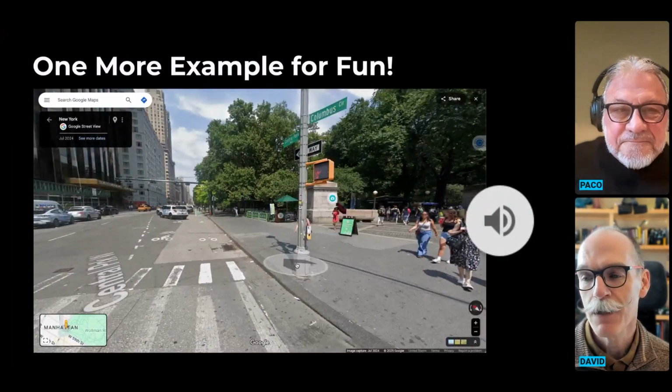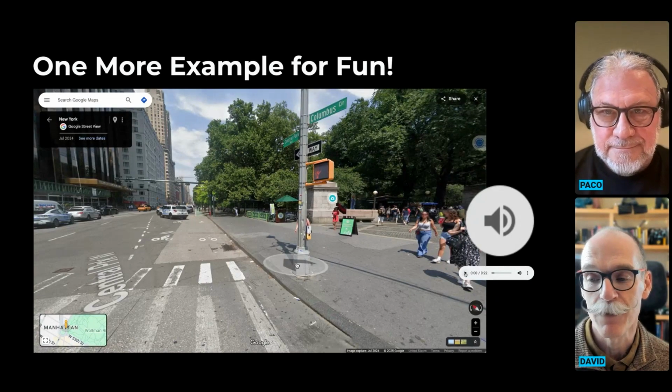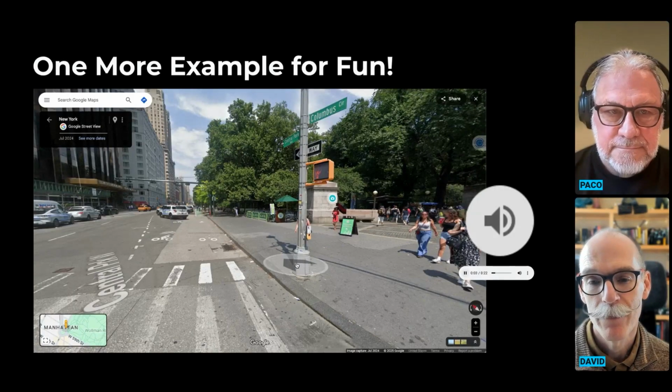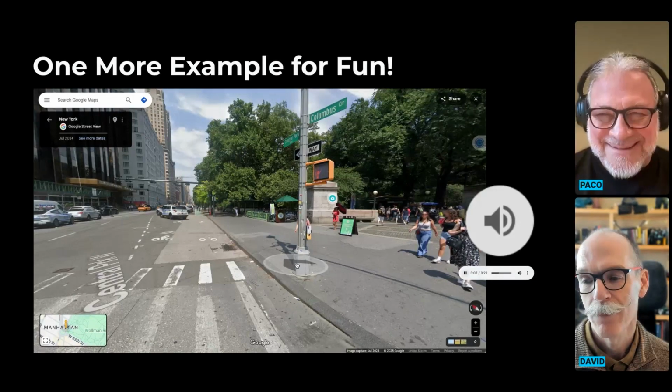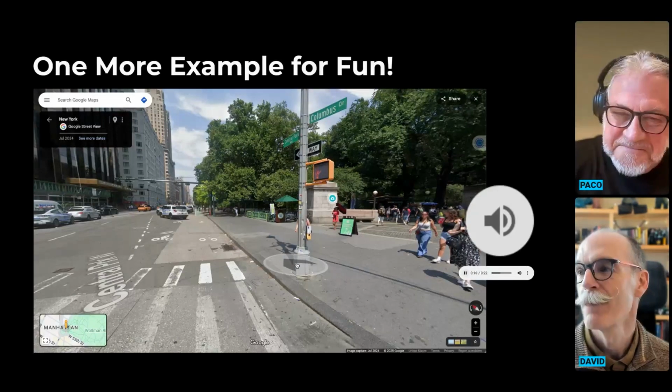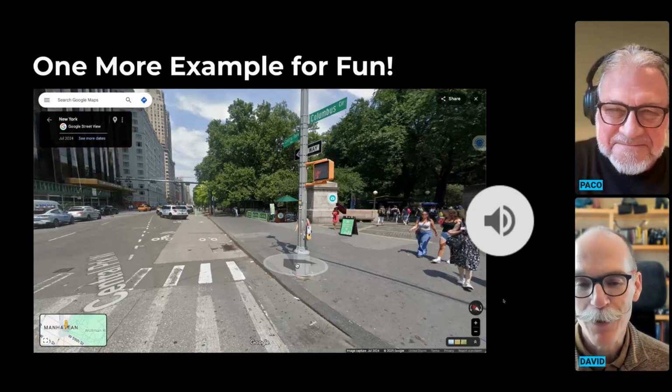Likewise, here's an image of a street corner, and we're going to listen just for a second to this one as well. And I won't play them all, but